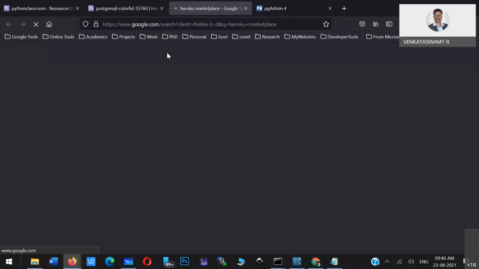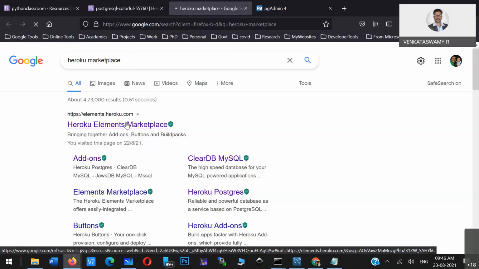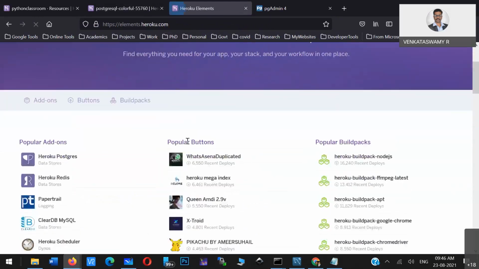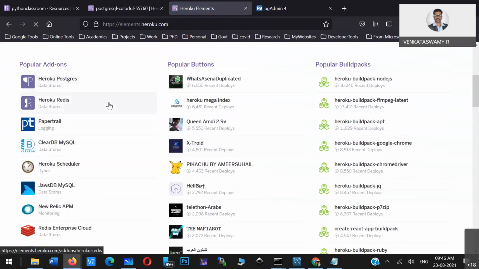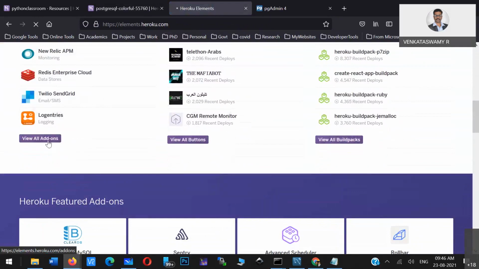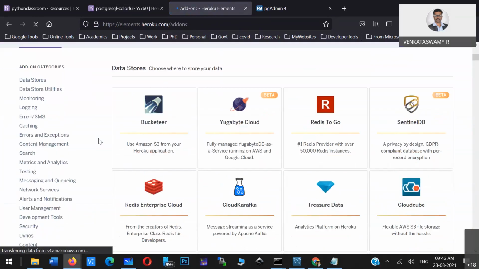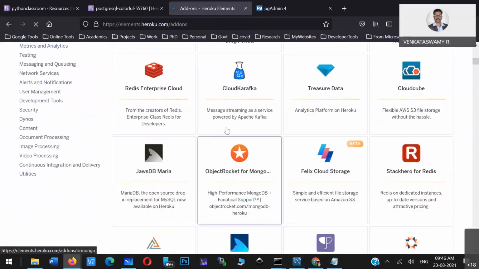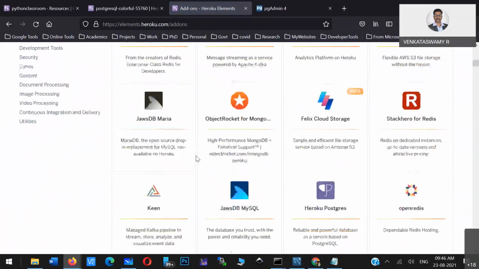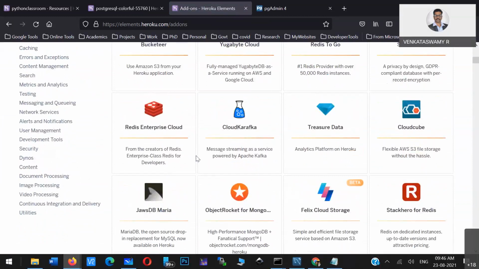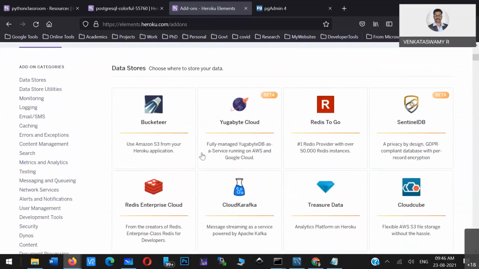Click on the button elements.heroku.com, and you can see different types of add-ons they provide. Very good add-ons are available just by subscribing. Many are free for developers, for fair configuration. So you can take that.